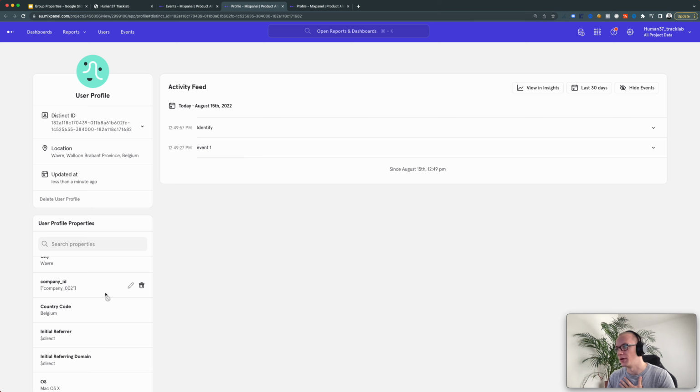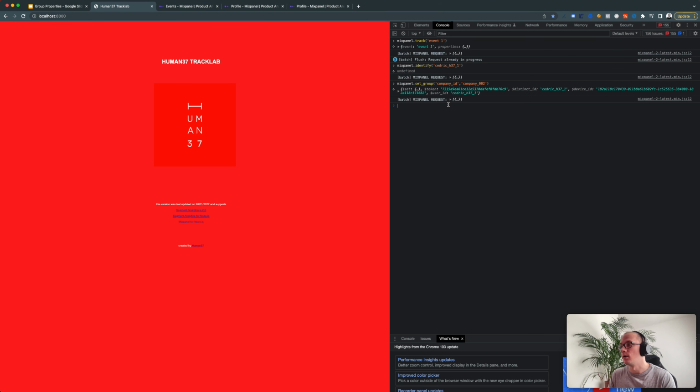See that it's an array. It's because we can add multiple companies to a user if we want to. But so it means that that company is logged on that user profile, so that user is tied to the company. And it also does the same as mixpanel.register would do, which is creating a super property. So it means that all the events that I will send as of now, on top of being logged into my user profile, will also be logged in the company profile. So now if I do